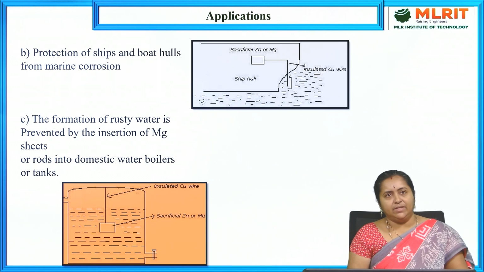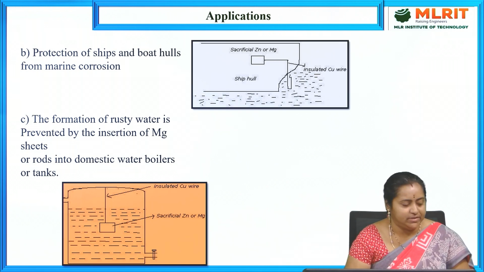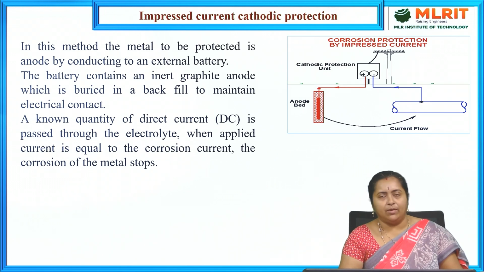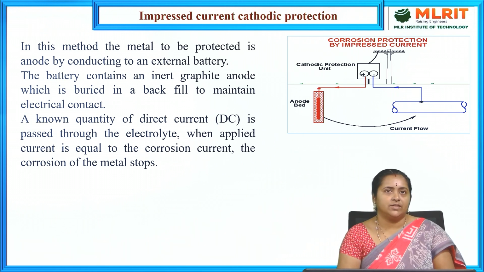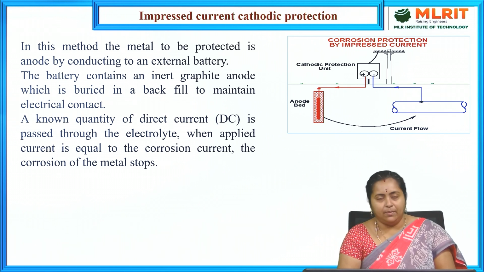So coming to this sacrificial anode method, it has one drawback. As I told you, we have to connect the base metal which is to be protected from corrosion reaction to a more anodic metal in the form of a block using one copper wire. As and when that whole block starts involving in a corrosion reaction,